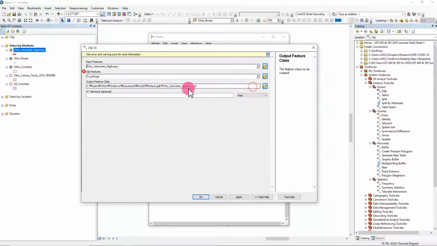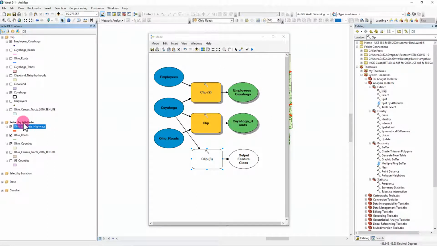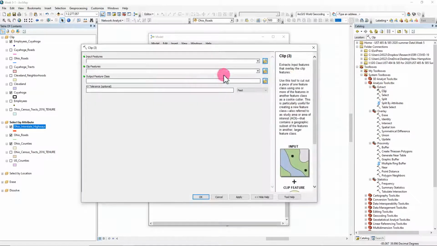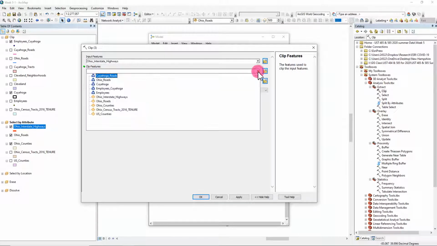Okay, I understand. Look at this, the red X marks, because that Cuyahoga County belongs to this clip Cuyahoga County, this one. But now we just activated here, right? This model builder screen belongs to this selected by attribute table, so I cannot connect this. So I'm going to click this and delete. Then I'm going to right click, do it again. My input feature will be Ohio Interstate Highway, and then my clip feature will be